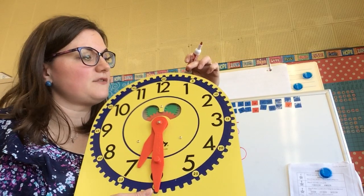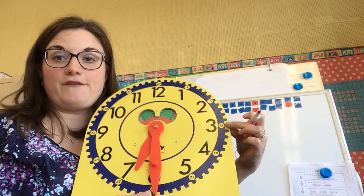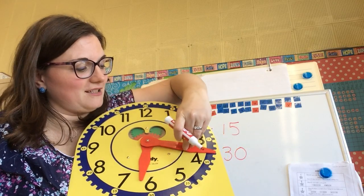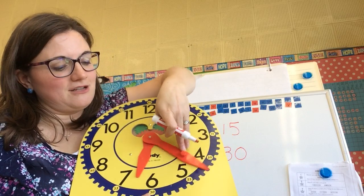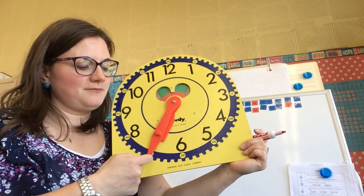And it helps us because then we don't have to start by up here counting by 5s. If we can remember, the 3 is the 15 because that's going to be 1/4 of the circle. Do you remember our fractions? I'm going to go back a little bit here. This to over here is 1/4 of the circle. Then we're going to go down here to 6:30. Keep moving with me. The next one would be